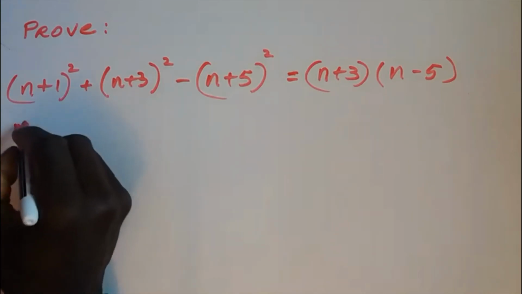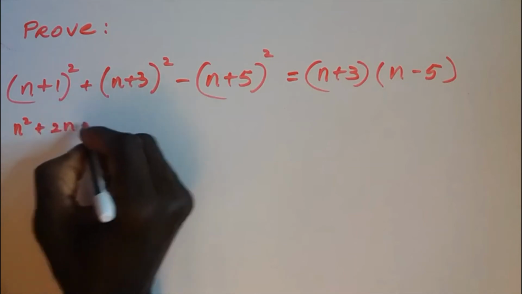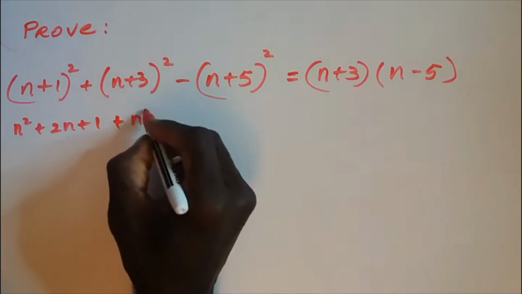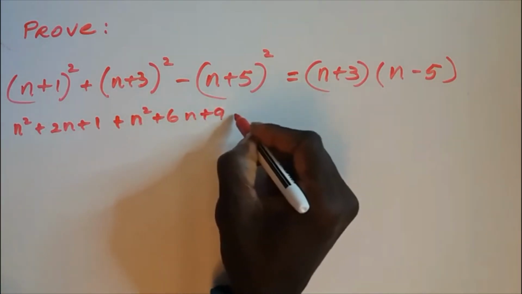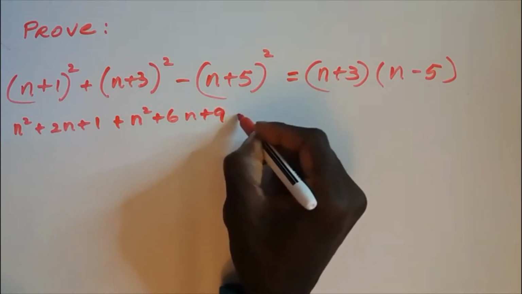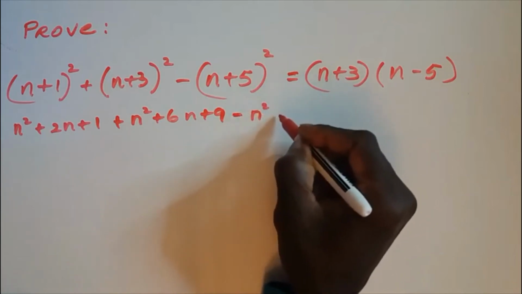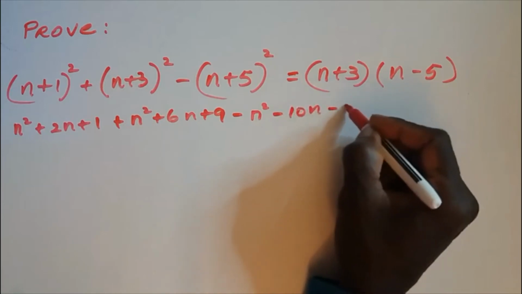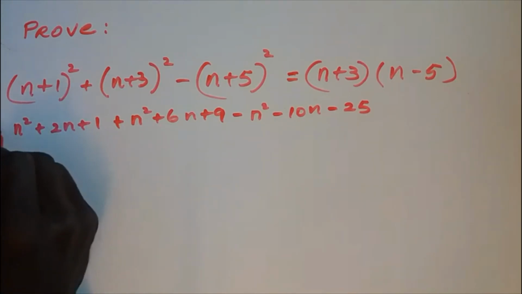We have n squared add 2n add 1, add n squared add 6n add 9, minus n squared minus 10n minus 25. So this is our